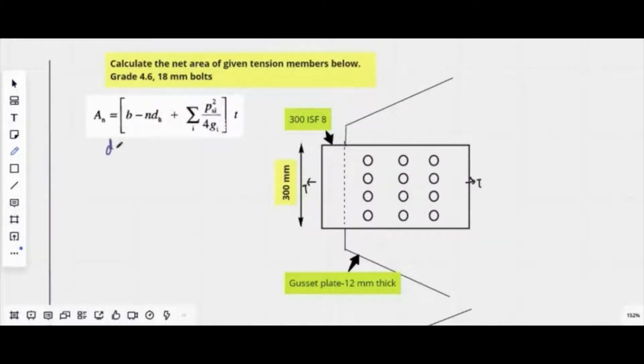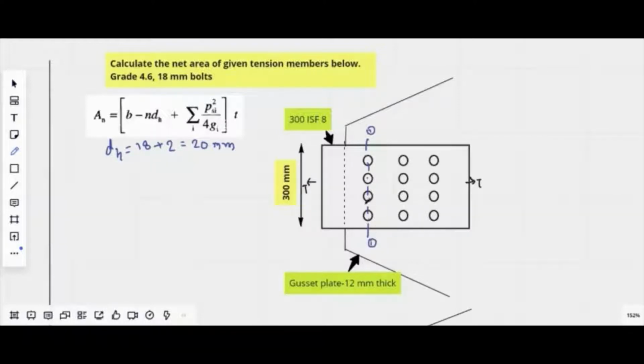When I calculate the diameter of bolt hole just by applying the clearance value from the code, it can be written as 20 mm. Generally, the rupture failure will occur in a plane which is perpendicular to the applied force. Net area is calculated to determine the rupture strength of a plate. So while calculating the rupture strength, the net area is found at the critical section.